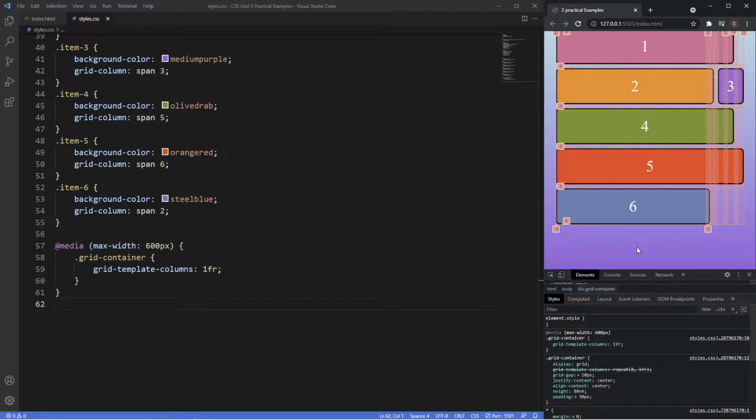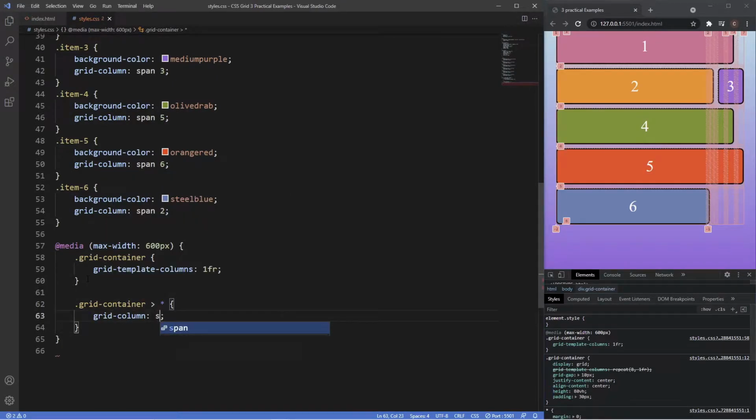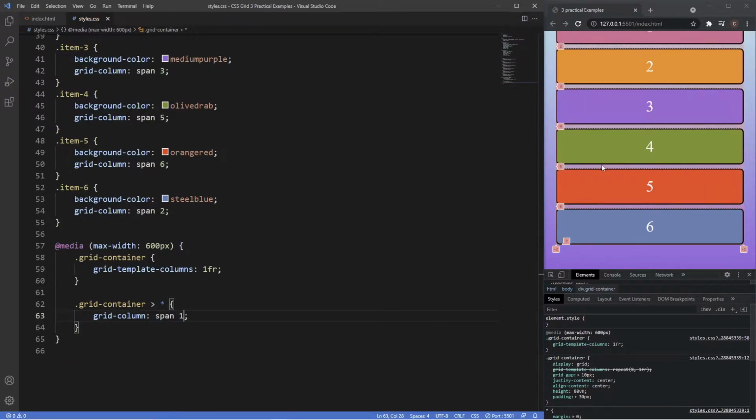So to fix this, we need to make sure all the items are spanning the same amount of columns. So what I need to do is just go underneath the grid container here, grab the grid container again, and then we're just going to grab every item inside the grid container, and we want this to grid column span 1. And as you can see now, this fixes the bug issue, and the items now are spanning across the